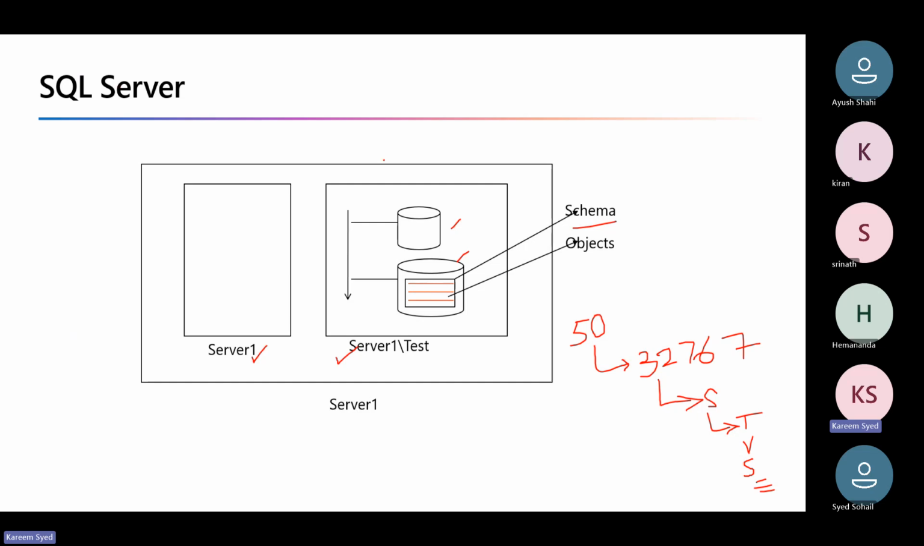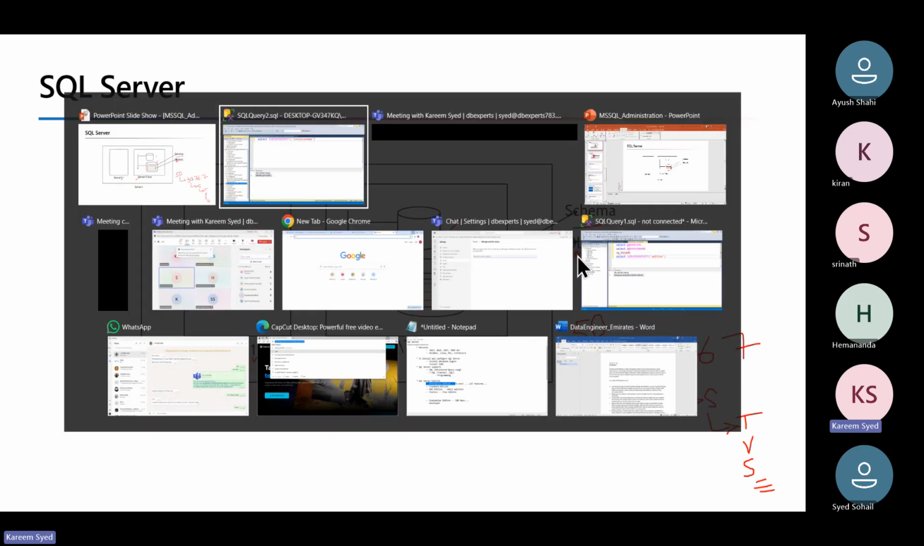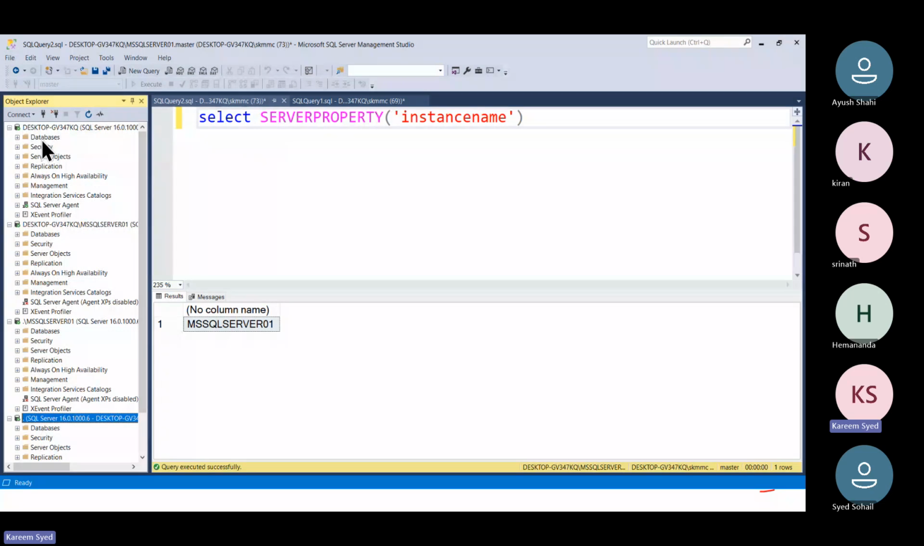That is the hierarchy. I think it is clear. That's why, while accessing an object, we can access a table present in this instance from here also. How do we access it? Instance name dot database name dot schema name dot table name. We can check here also. If I go to any database,